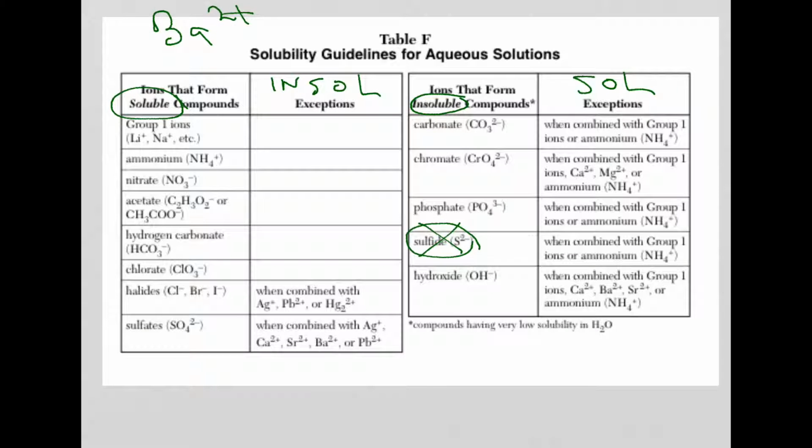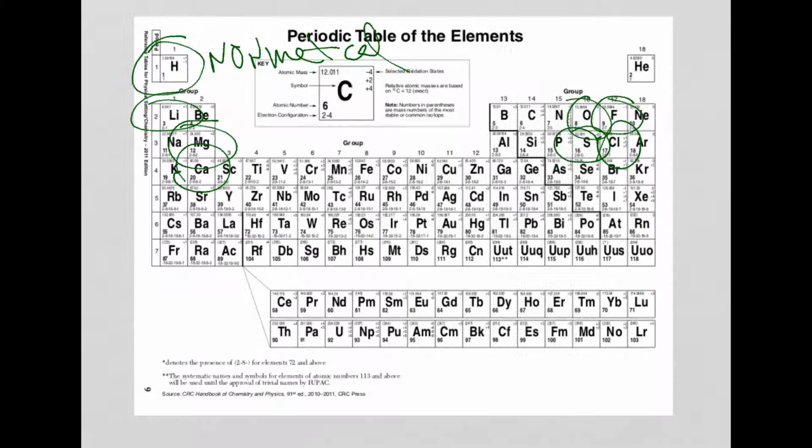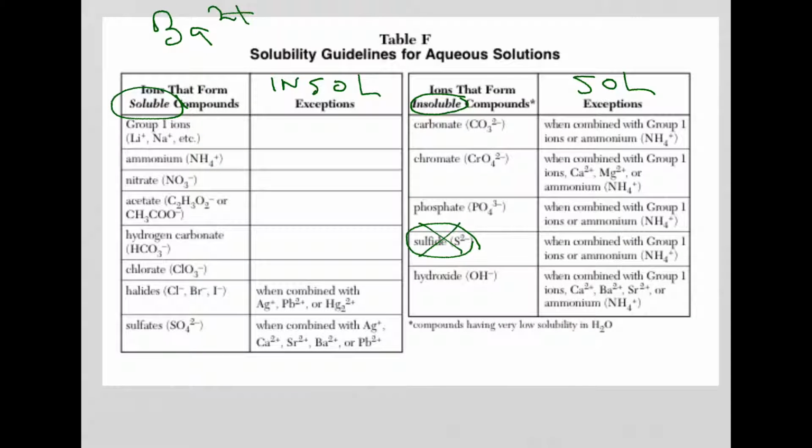Okay. The next choice, let's go back, was barium hydroxide, which is the answer, but let's take a look at why. Barium hydroxide, if I have barium and OH, typically I would have an insoluble compound, except barium is one of the exceptions here. So it's soluble, and there's my answer. I believe the next choice was barium carbonate, so that's insoluble, that's not an exception for barium, that's here. And the other one was barium sulfate. Usually metals with sulfate are soluble, except now barium is an exception the other way. So